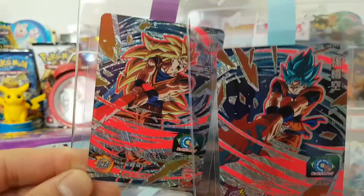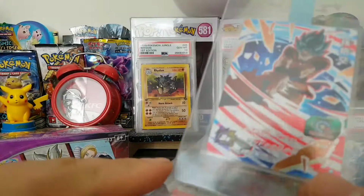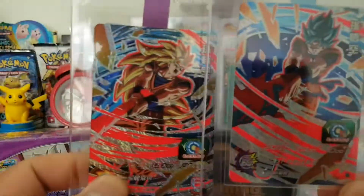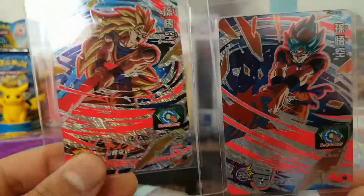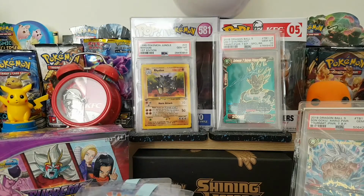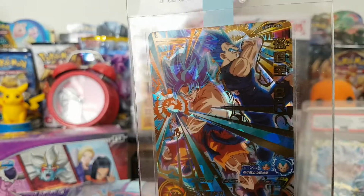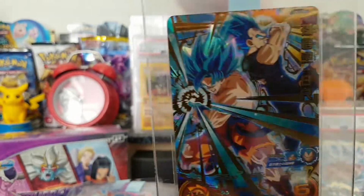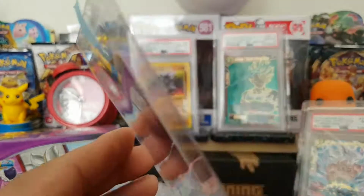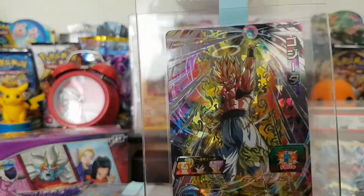This is 2 cards from the campaign promo set, which I don't have complete, so I'm not sure what I'll do with them. There's something about having a complete set instead of just having the 2, as I was saying before. So, questionable. I don't know if I'll still grade these. And it's always up in the air with me when it comes to grading. It's like, do I grade this? Do I not? How much do I want to pay? I don't know how many cards there are here. There could be like 50 to 60. And if you're grading every single one, and some values are higher than others...